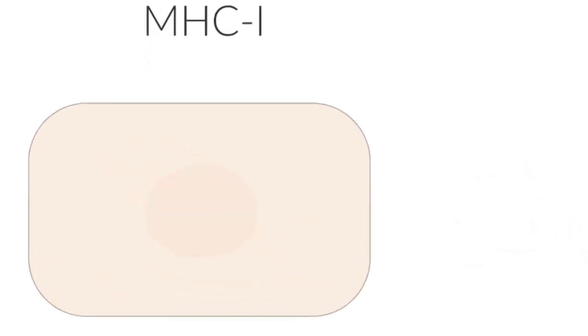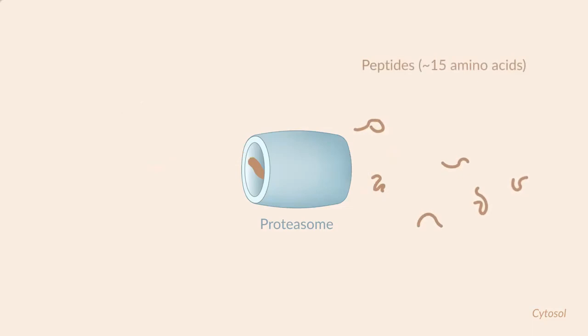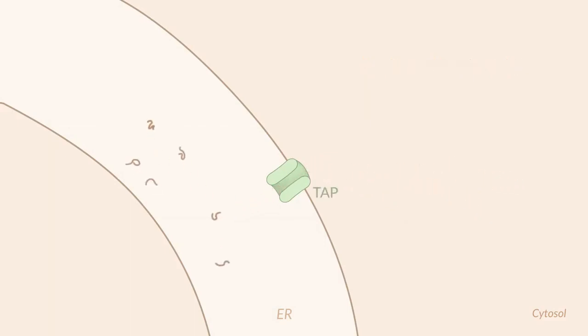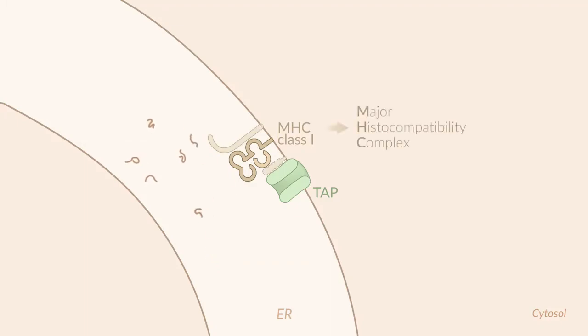Now, let's get started with the MHC class 1 molecules. The proteasome is the place where the cytosolic proteins are transported. A proteasome is a complex which degrades proteins into small peptides by proteolysis. TAP transporters help the peptides to be transported into the endoplasmic reticulum. TAP interacts with the MHC class 1 molecule, which is associated with several helper proteins. This happens inside the endoplasmic reticulum. The term MHC stands for Major Histocompatibility Complex, found on the surfaces of cells, which helps the immune system